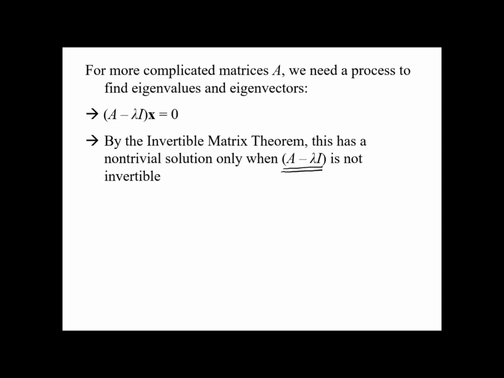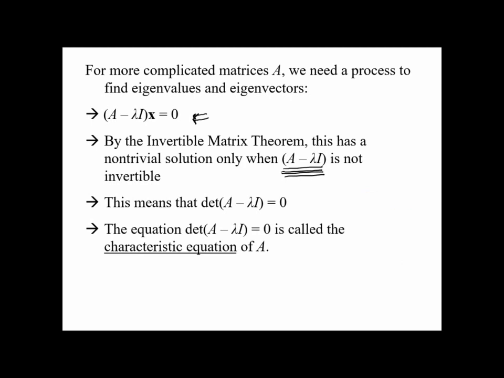So this equation has a non-trivial solution only when A minus lambda I is not invertible. And if A minus lambda I is not invertible, that means that the determinant is 0. There's that last condition. Now, I'm basically saying the opposite of everything in the invertible matrix theorem. I'm saying this has a non-trivial solution, which means that this matrix is not invertible, which means the determinant is equal to 0. This equation here, the determinant of A minus lambda I equals 0, is called the characteristic equation